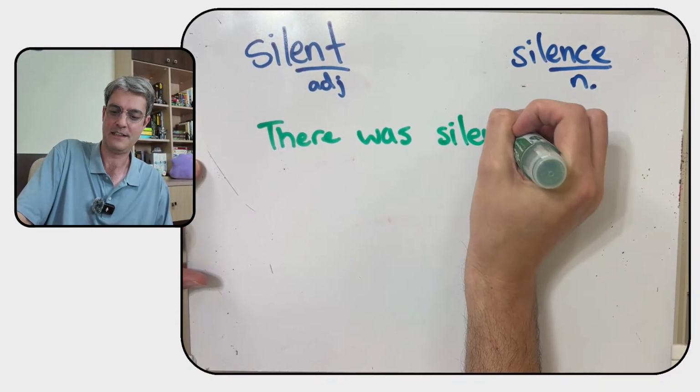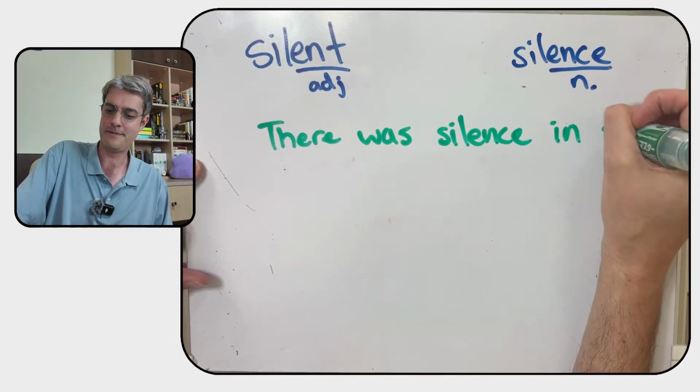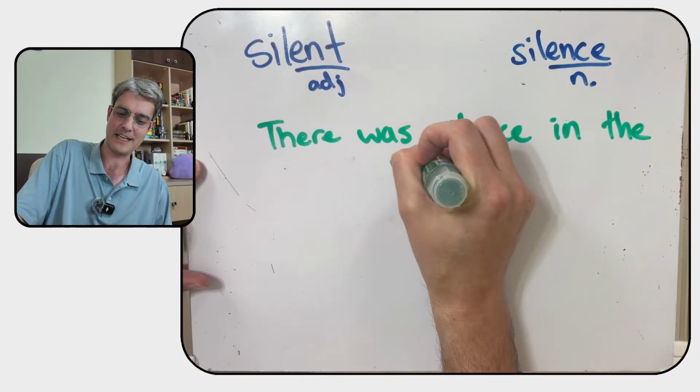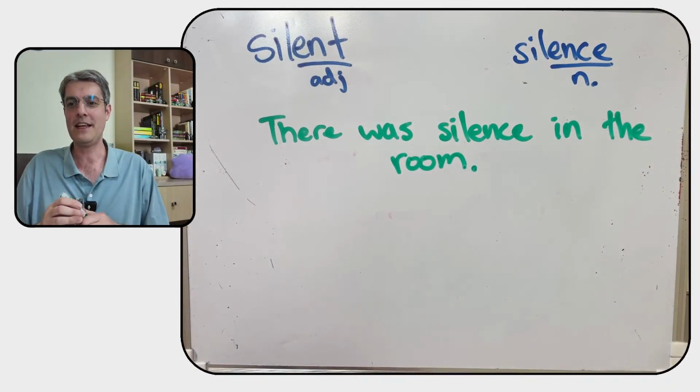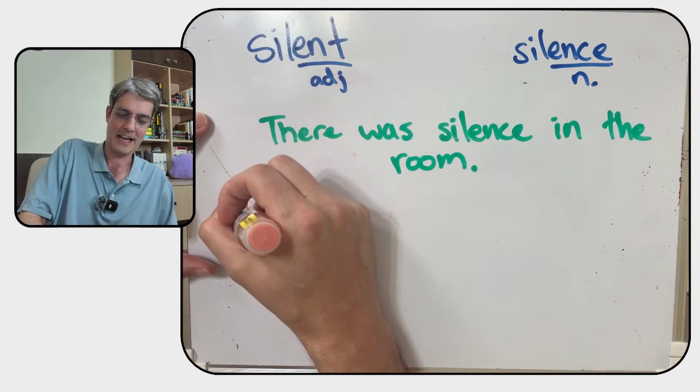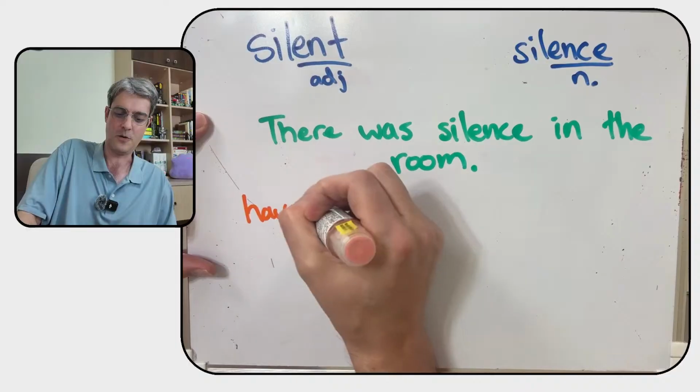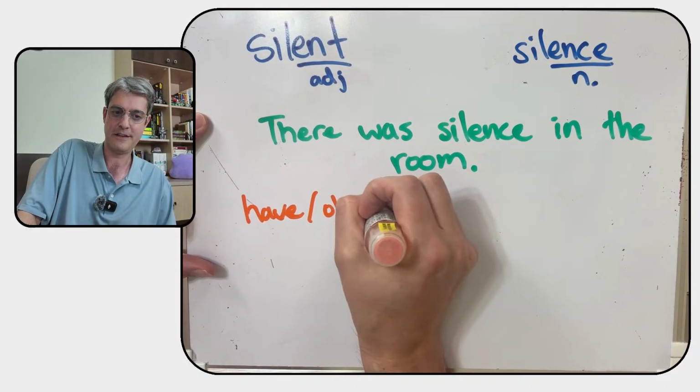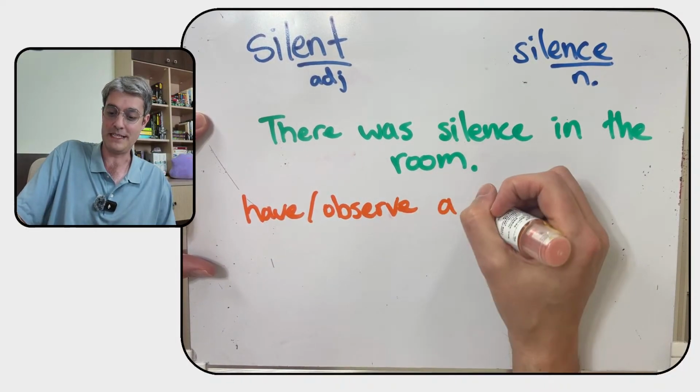All right, and if we're using silence, we could say there was silence in the room. There's a little example sentence for you. And here are some useful collocations. We can have or observe a moment